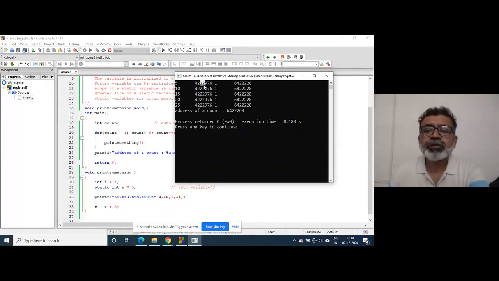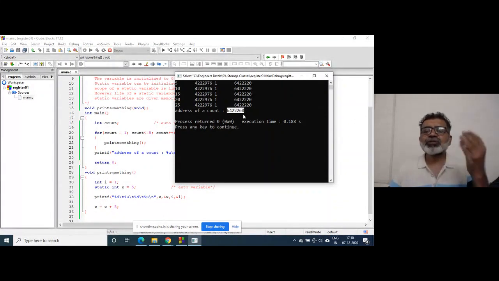They are quite far away from each other. And the address of count is 642268, so it is somewhere near here, because i is an auto variable and count is also an auto variable. So they are near to each other.